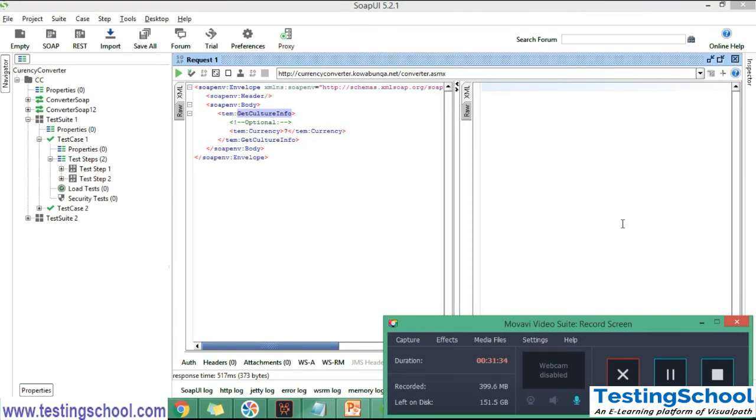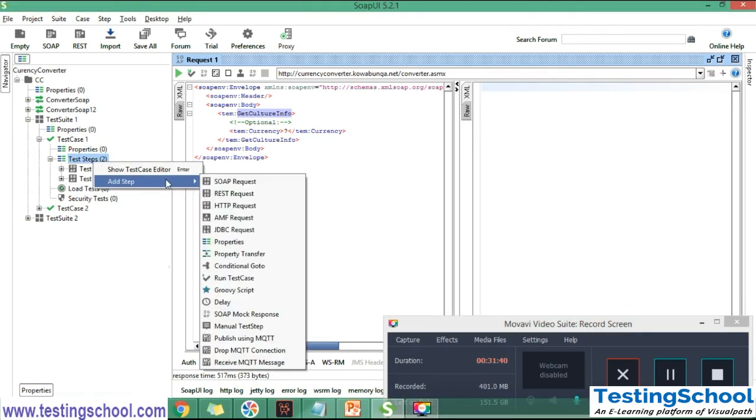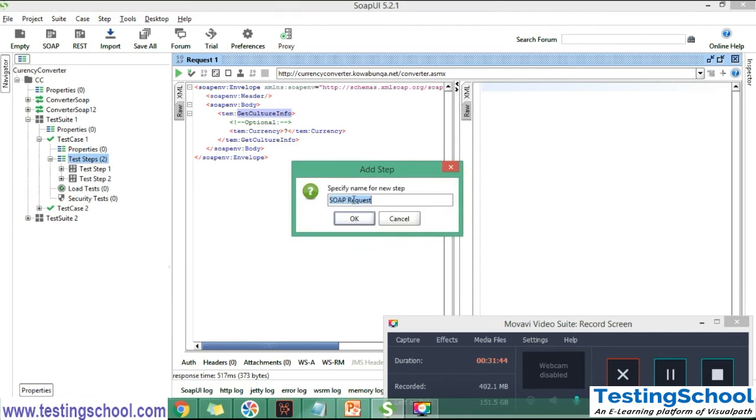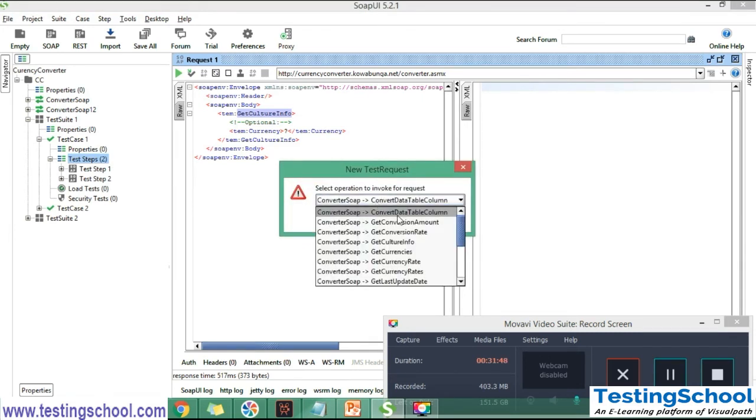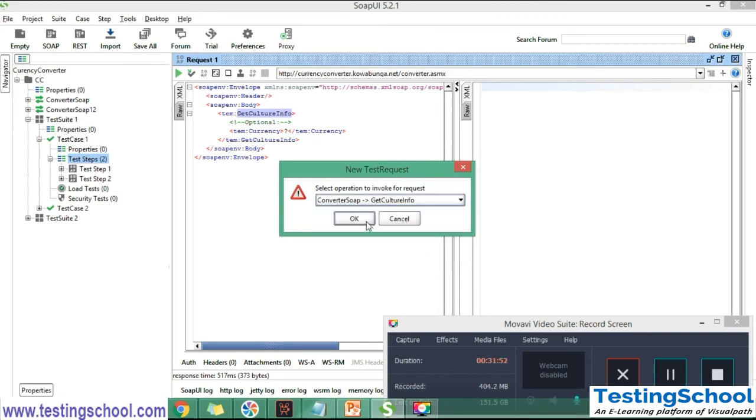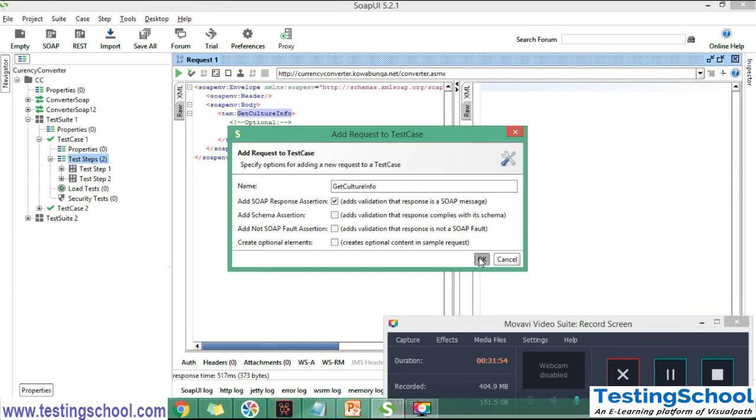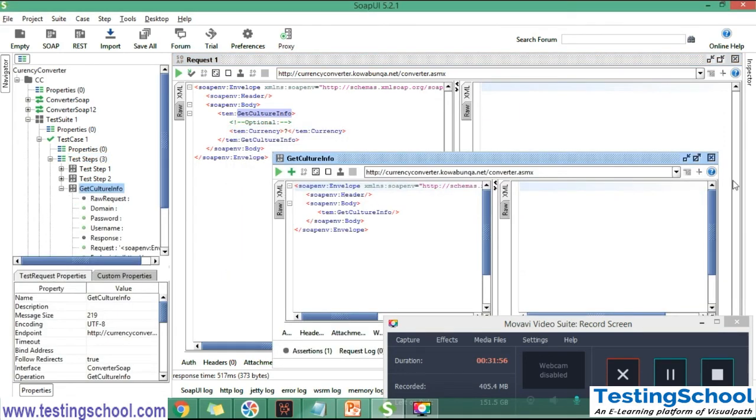And I will create one more test case. Here you can see get culture info, add step and SOAP request, and I am giving the name as get culture info. I am selecting get culture info. Okay, click done. OK. Here we can see the get culture info.